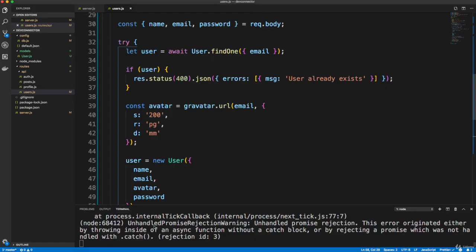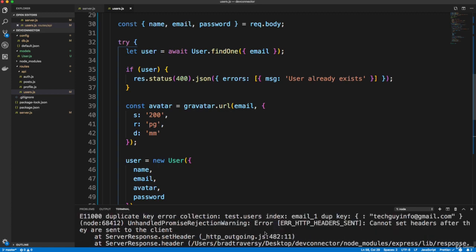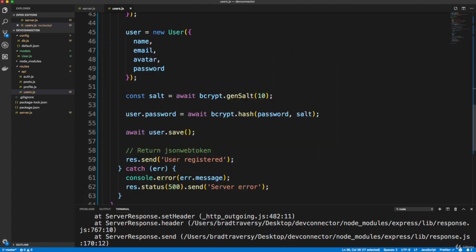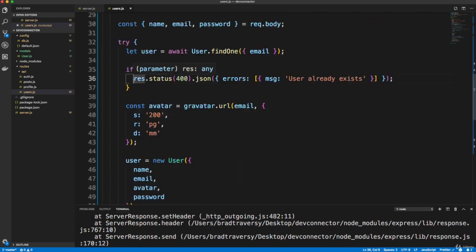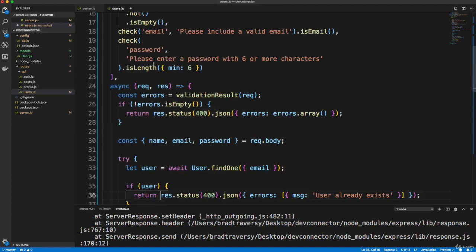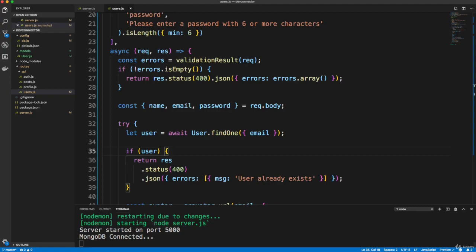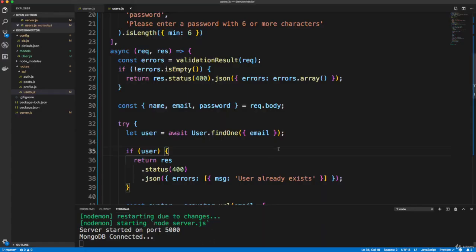Now, one thing I noticed was this error in the console here. Basically it's saying that headers were already sent, and that's because we have this res.status 400 right here if a user was found, and then we have our final res.send down here. So if we're going to do that, we actually have to add a return to this one, okay, just as we did right here. So if I save that, we shouldn't get that error anymore. So if we just make a request and go back, now we don't get that error. So make sure you add that return if it's not the very last